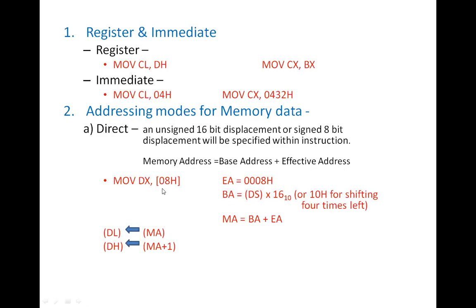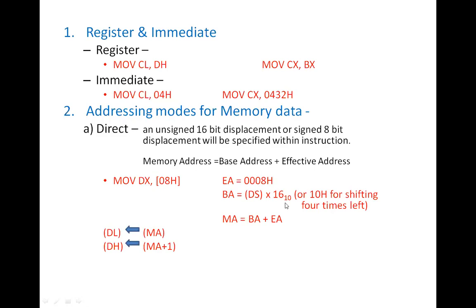So here the effective address, which is defined within the instruction in the form of a direct addressing mode, is 08. So whenever it says 08, it means the effective address is 0008. And so what will happen? We have to take the base address, shift it 4-bit left, or we multiply it by 16